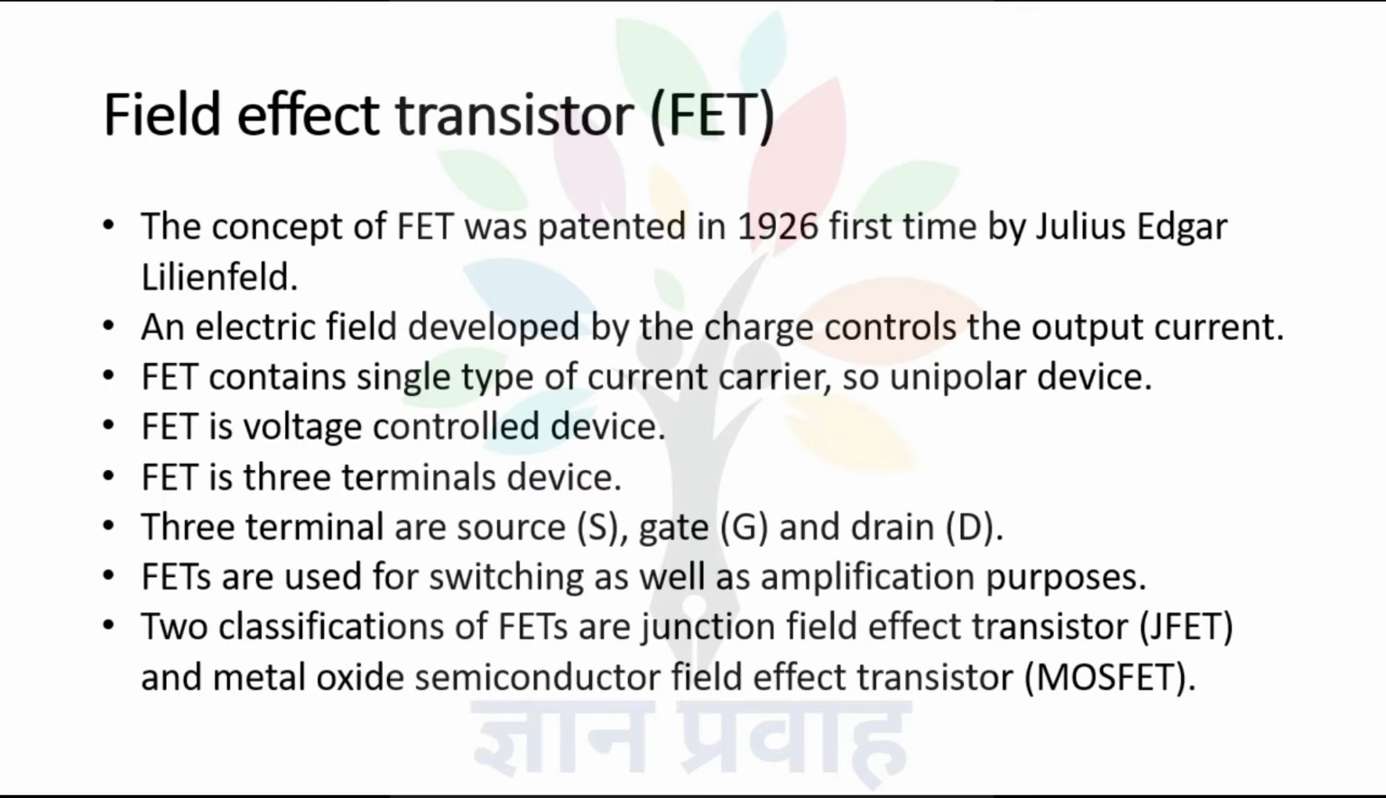Field effect transistor. In last class, we have discussed bipolar junction transistor. Bipolar junction transistors or BJTs are the current control devices, and these are bipolar in nature. It means it consists both types of charge carriers, electrons and holes. So in electronics, there is another type of transistor which consists only one type of charge carrier, either it is electron or hole. Such type of devices are called unipolar devices or FETs